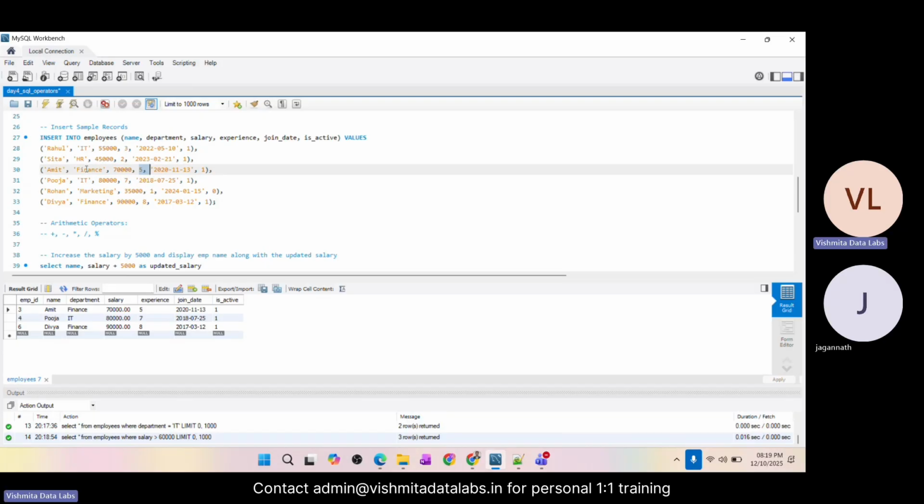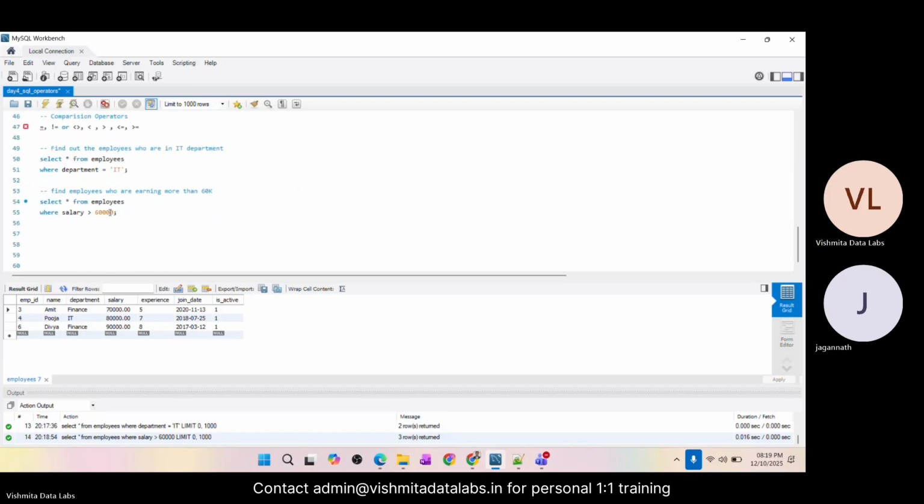So we want to see the employees whose experience is not equal to 5. Find employees whose experience is not equal to 5. So we can write select star from table name